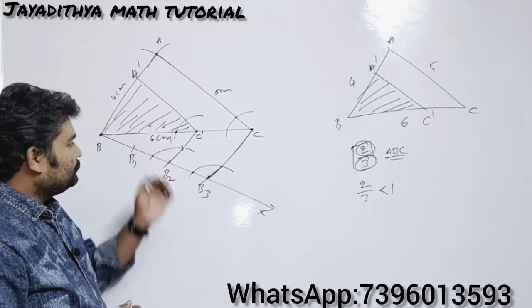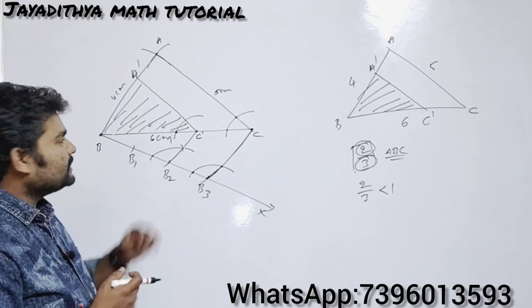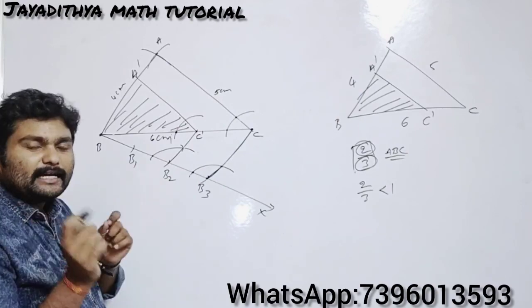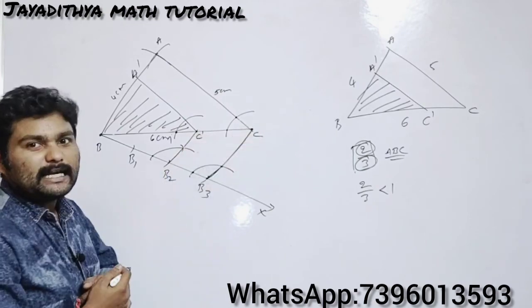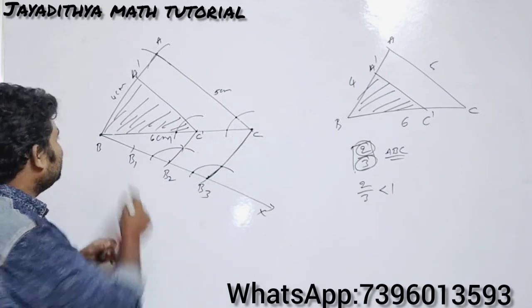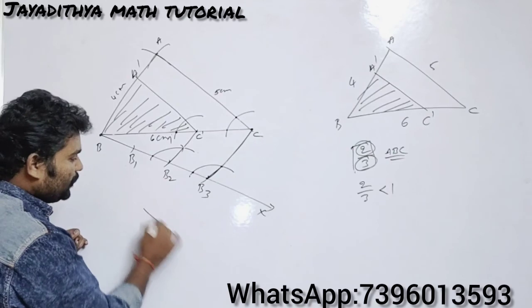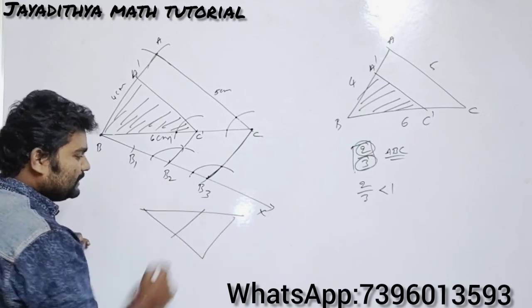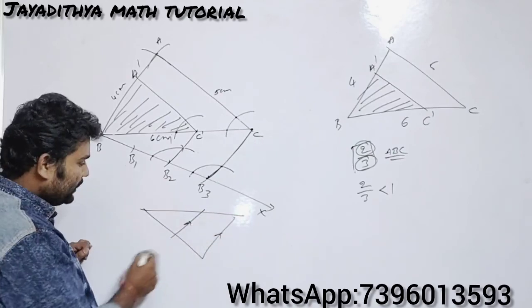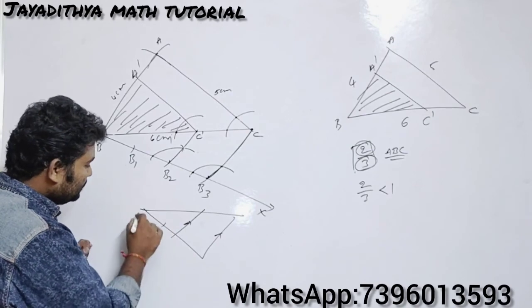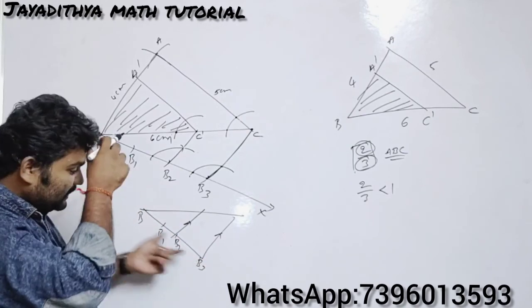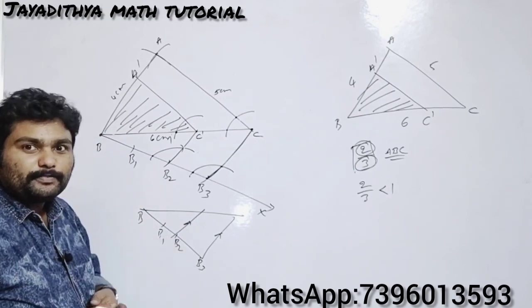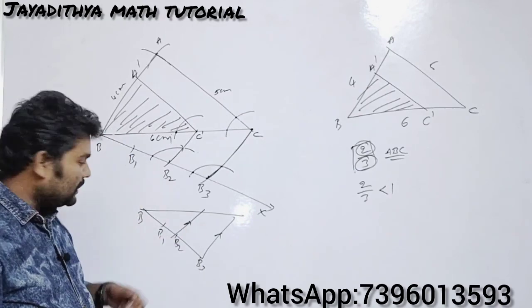How to draw this one? So simple, as we have done in the previous case. Please follow that only. Here the important thing is how you are matching these points, that is very, very important. Observe this triangle. You can see two parallel lines like this. For example, this is B1, this is B2, and this is B3. If these lines are parallel, the ratios must be equal, by using the basic proportionality theorem.